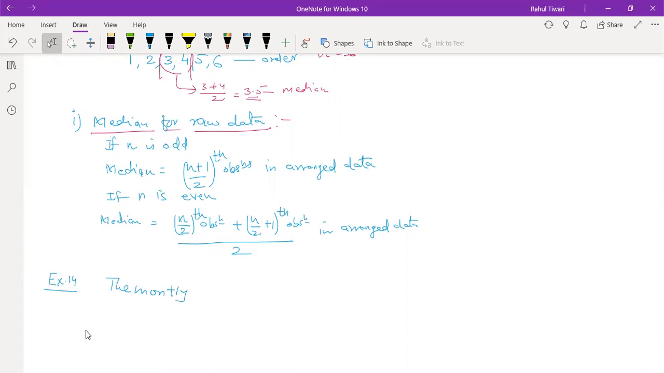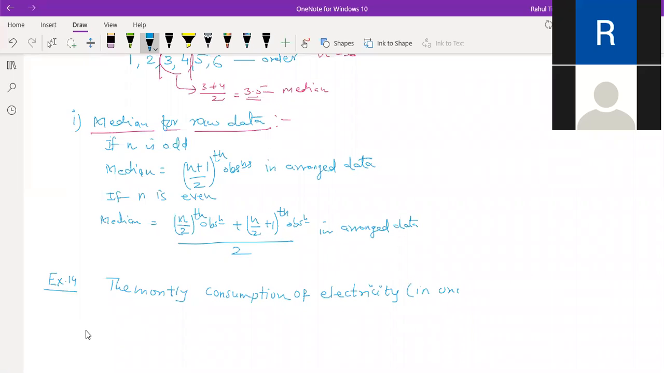The monthly consumption of electricity, or I can say in units, of a certain family in a given year is as below. So we take down the numbers: